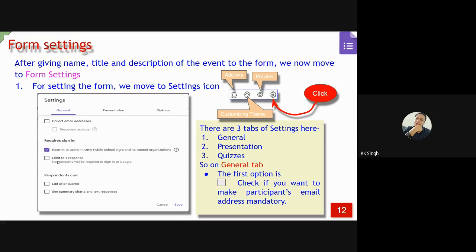And limit to one response means the student can submit only one response. What happened in my program: I shared one form with the students, and the brother of my student attempted that paper and tried to solve it, but he couldn't, because his brother was junior to him.